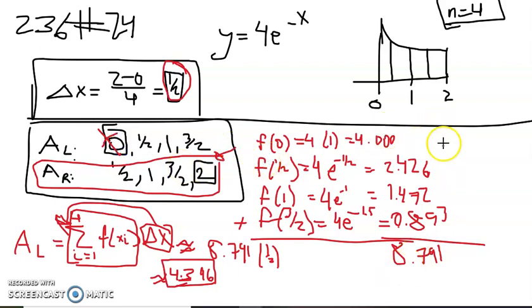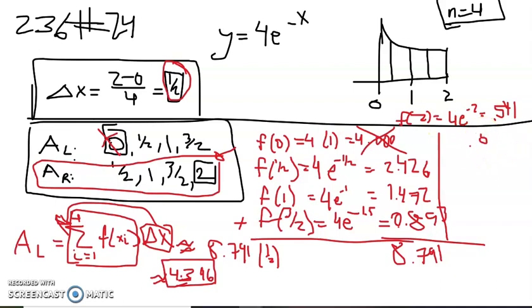Okay, so in order to get the right endpoint, we ignore this one and instead do f of 2, which is 4 times e to the negative 2. Or in other words, 4e^(-2). My calculator says 0.514. I'm sorry, 0.541. Okay, so we're adding